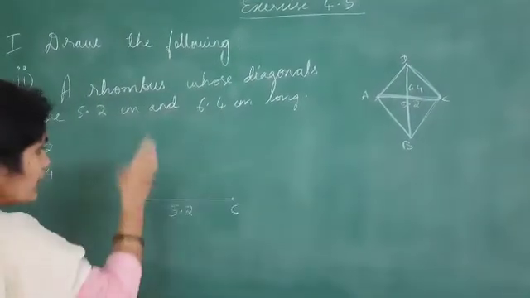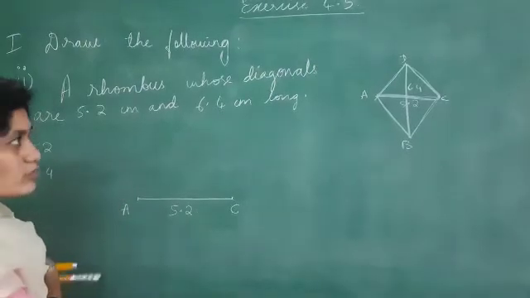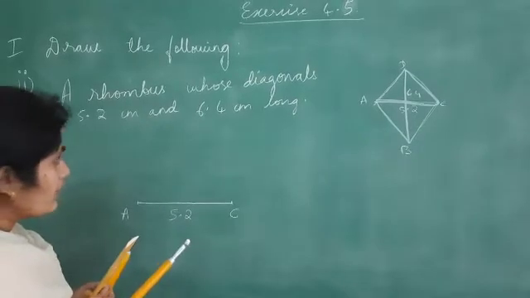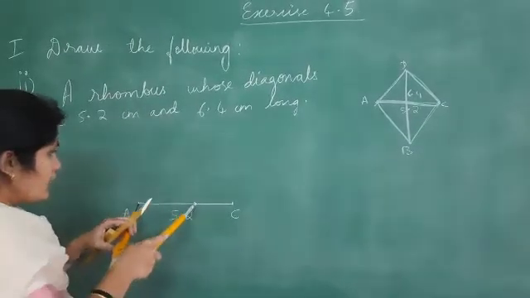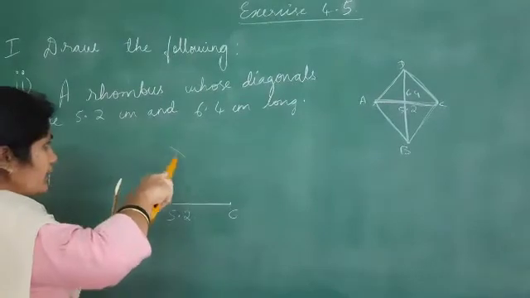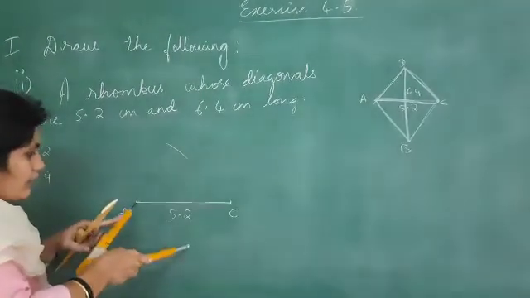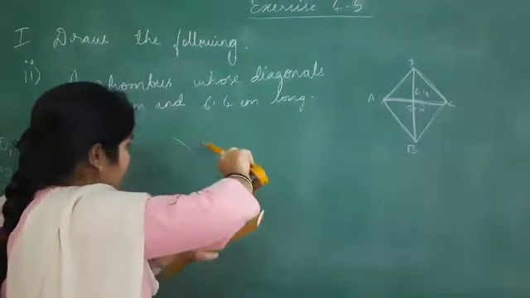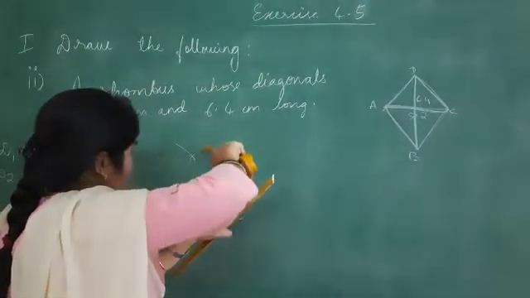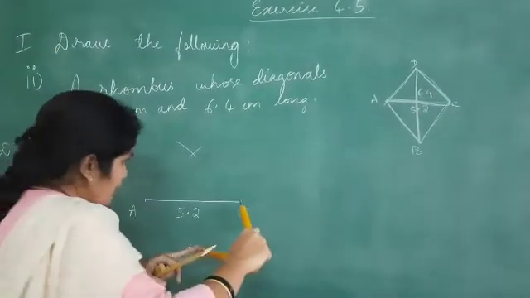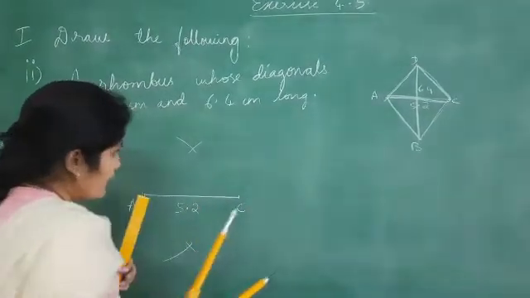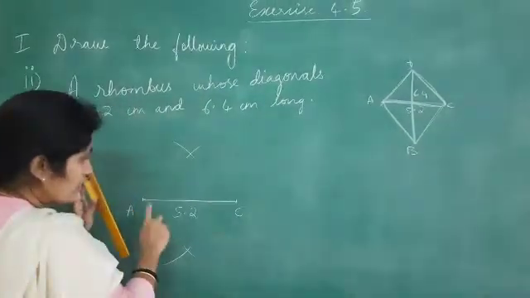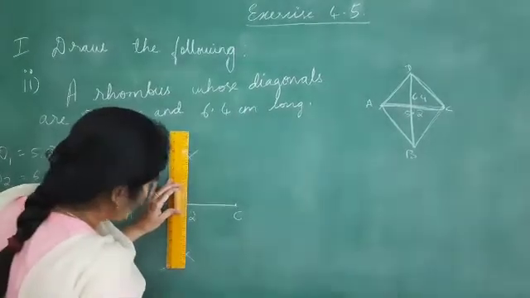First, the diagonal is in the middle of the rhombus. So, to draw it, first let me draw a 90 degree angle here. That is taking more than half. Draw a perpendicular bisector up and down. This will give you exactly 90 degrees, or else you can say dividing this line into exactly 2 halves.